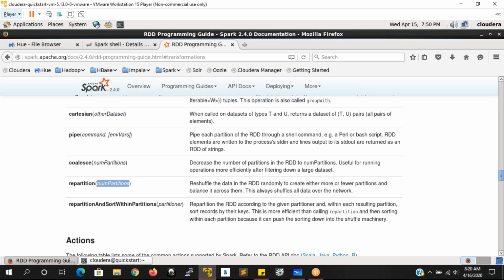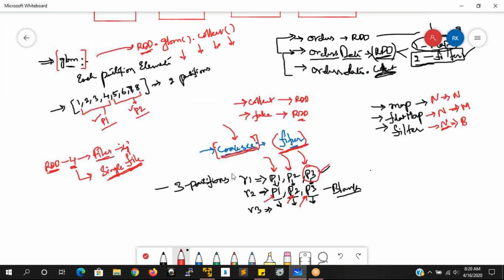Reshuffling the data means, let us say in partition 1 I have 10 records. If I say that this R1 is increased with repartition 6, then what is going to happen?